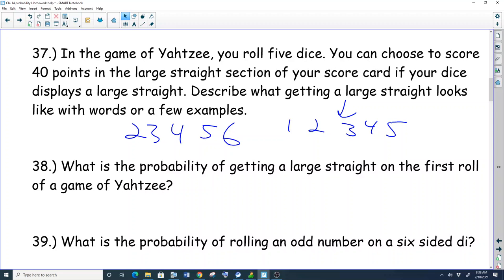Okay, what is the probability of getting a large straight on the first roll of the game of Yahtzee? So what's the probability of rolling 5 dice and getting a large straight? Well, in previous years, I just said 2 out of 7776, and I was like, yeah, that's pretty good. And I'm like, Newbold, you got to stop lying to your students, because that's not really true. So then I looked it up, and it's actually not too bad,